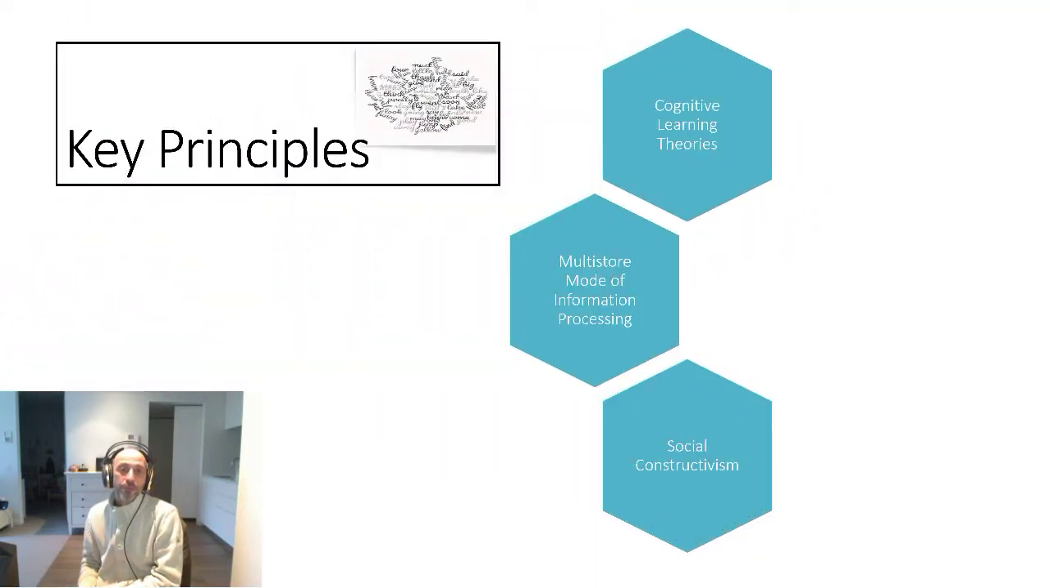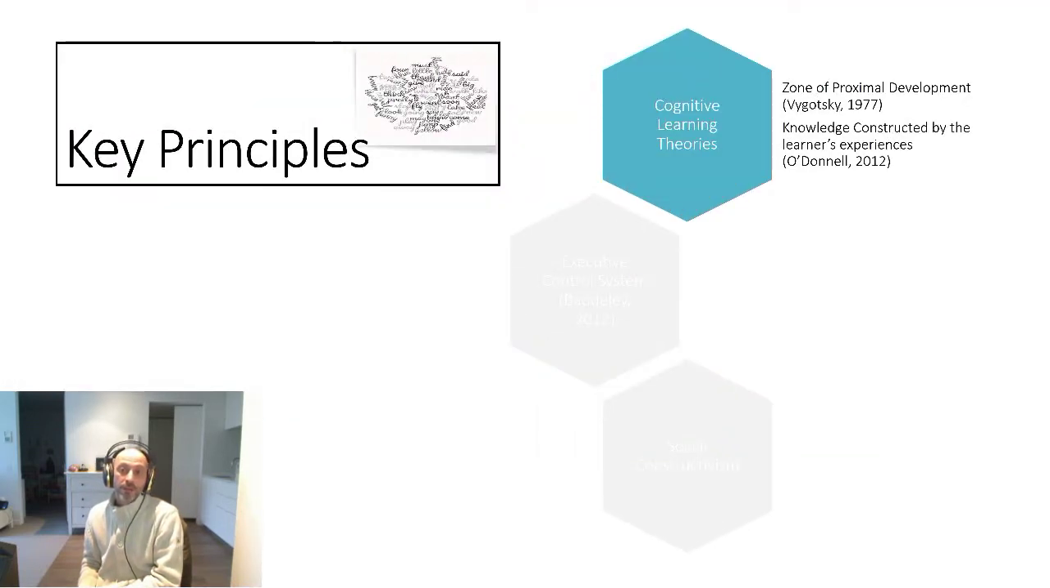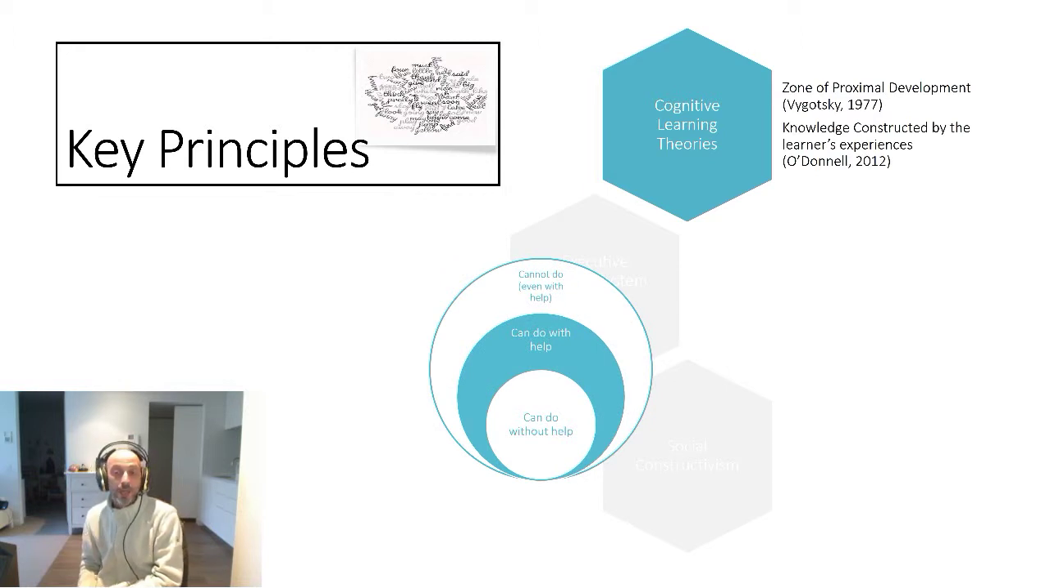So the key principles that this is based upon are really cognitive learning theories, the multi-store model of information processing, and social constructivism. So cognitive learning theories, the key concept really is the zone of proximal development, by Lev Vygotsky. The key concept here is really